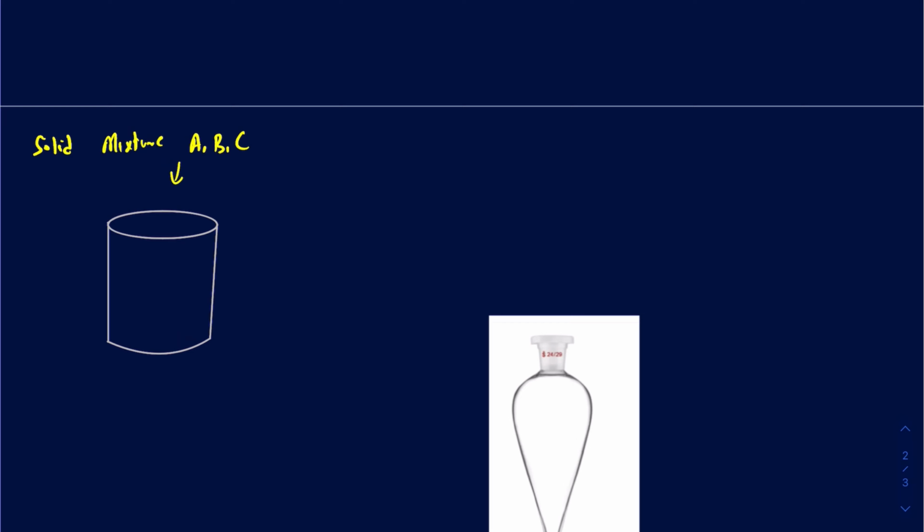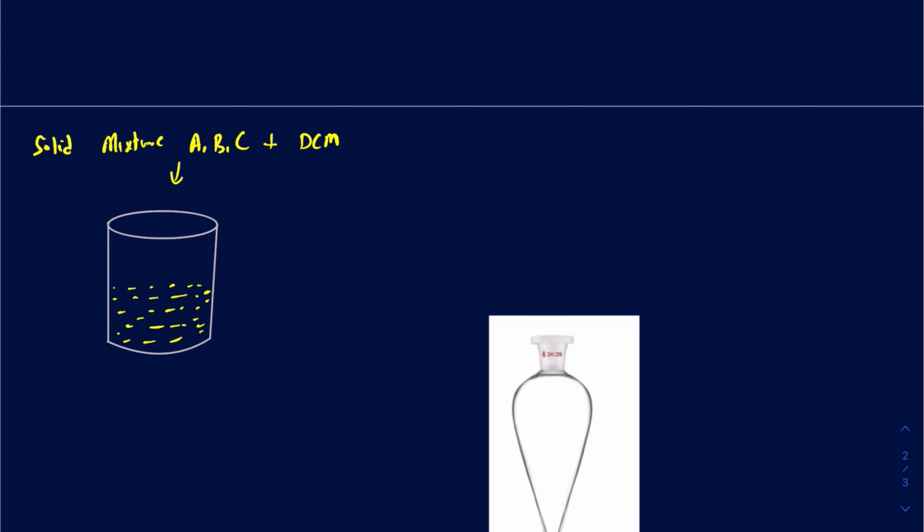They're all going to be colorless. That's added in there, and along with that, you have dichloromethane added in there. So suppose they all are dissolved in there, so you don't really see any solid. If you have big chunks of those solids, you may want to make them a fine powder